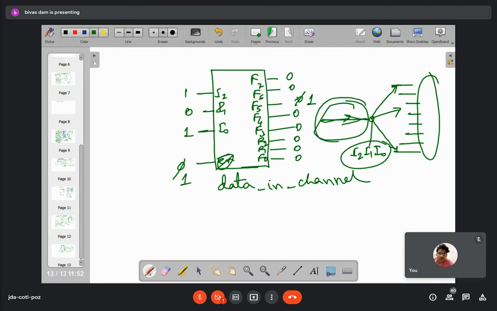That means here I had that single input data channel and 2 to the power n output channels. Depending on the n control input bits, only one out of the 2 to the power n output channels will be connected to the input data channel. So this particular input of the decoder will be termed as the enable input, and when I use that same IC as a demultiplexer, that input will be visualized as the data input channel of the input data line. Is it clear? Yes, sir.